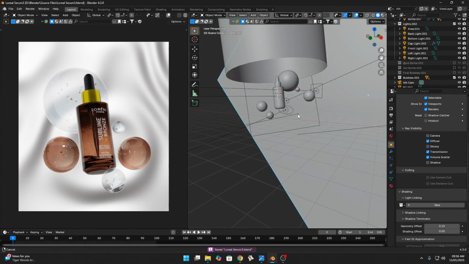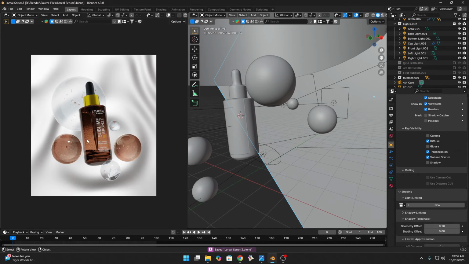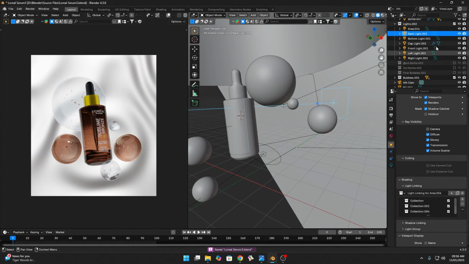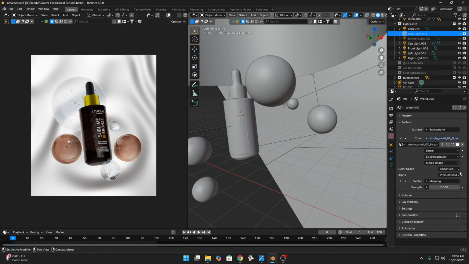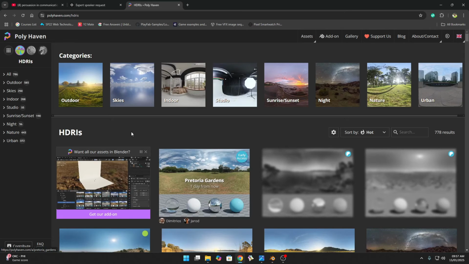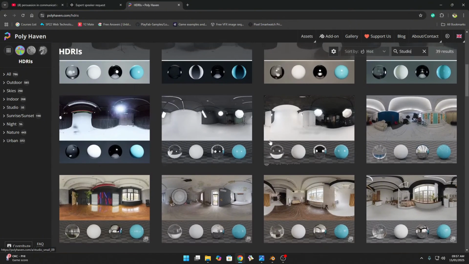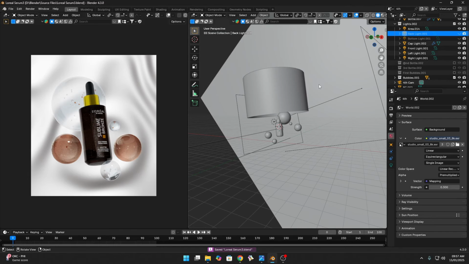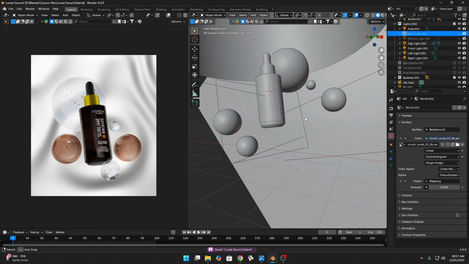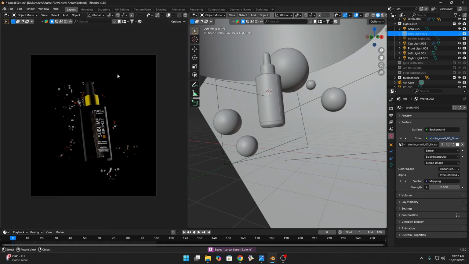And for lighting, I add two rim lights to light up this bottle. If I turn off these lights, like this one and this one, you see the glass is dark. I also add an HDRI at strength 0.3, and that's it. The HDRI is Studio Small. You can download it from Poly Haven. Let me show you. On Poly Haven, you simply search for Studio Light and you can download any of these. I add studio lighting to fill the environment so it doesn't look too dark. If I set it to 0, you can see it's too dark. That's why I put an HDRI here.